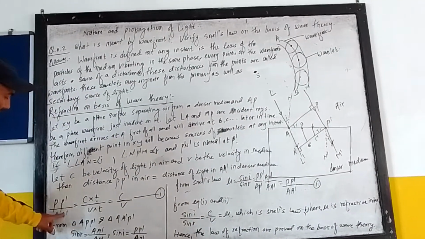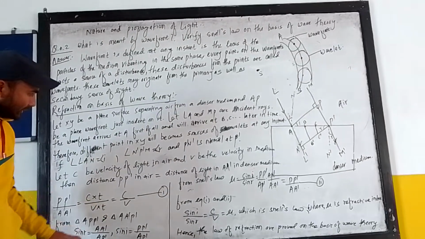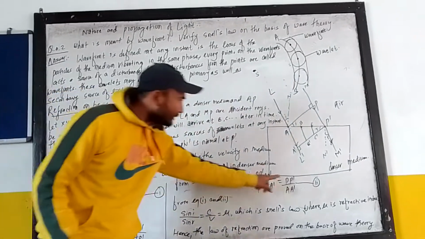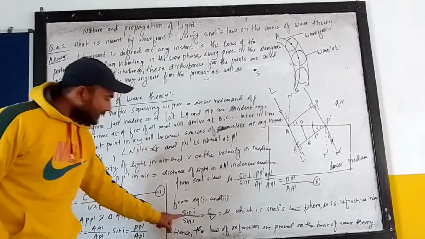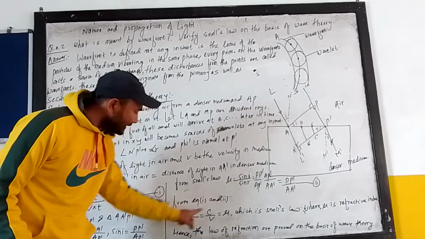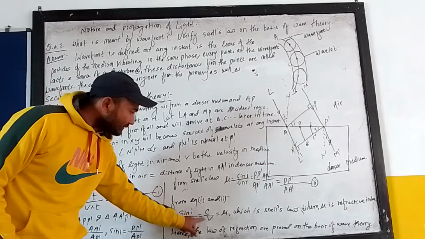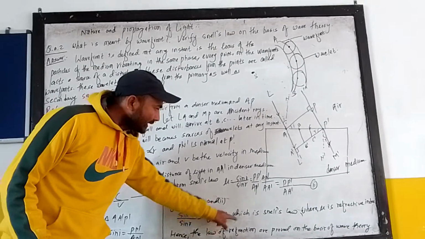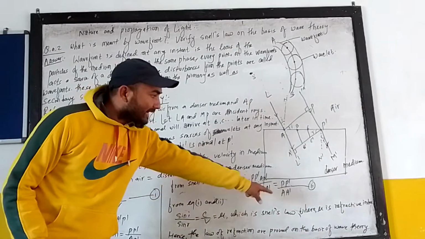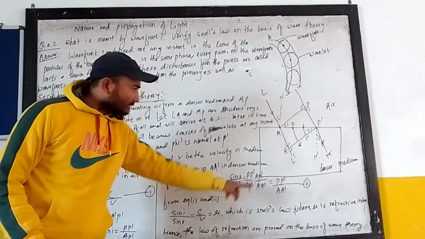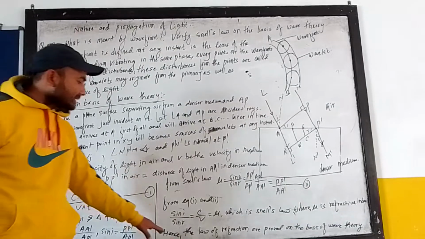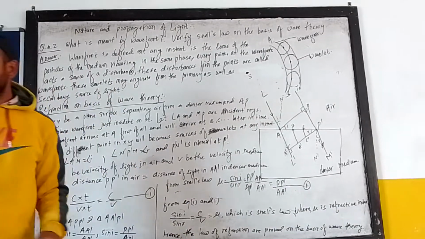P dash by A dash equals C by V. When you put this in, from equations 1 and 2, sin I upon sin R equals C by V, which is equal to mu, and which is Snell's law. You know that mu is the refractive index of the medium. Hence these are the laws of